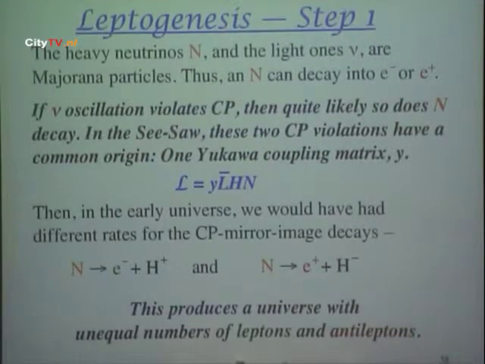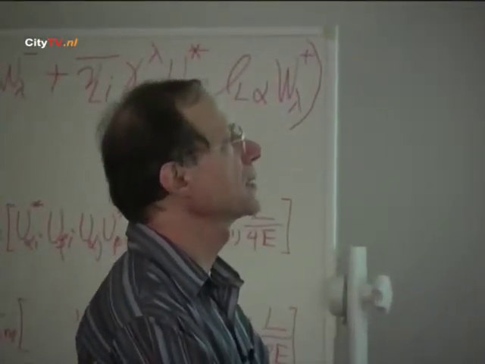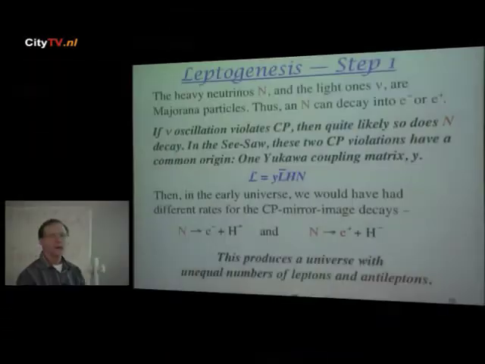If a heavy neutrino is its own antiparticle, that means it doesn't know whether it's a lepton or an antilepton. It can decay into either one. It can decay, for example, into an electron or into a positron. However,